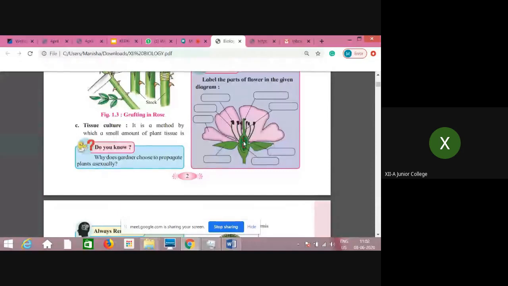Okay, why I'm showing you the diagram is that the next part we are going to discuss is pollination, and how the pollination takes place. For that, this diagram you should know. So pollination is what? Transfer of pollen grains from anther to the stigma, either of the same flower, or of a different flower of the same plant, or of a different flower of another plant of the same species. So that's why I'm showing you this diagram. From here, whenever the pollen grains mature, they fall on the stigma, that is this part.